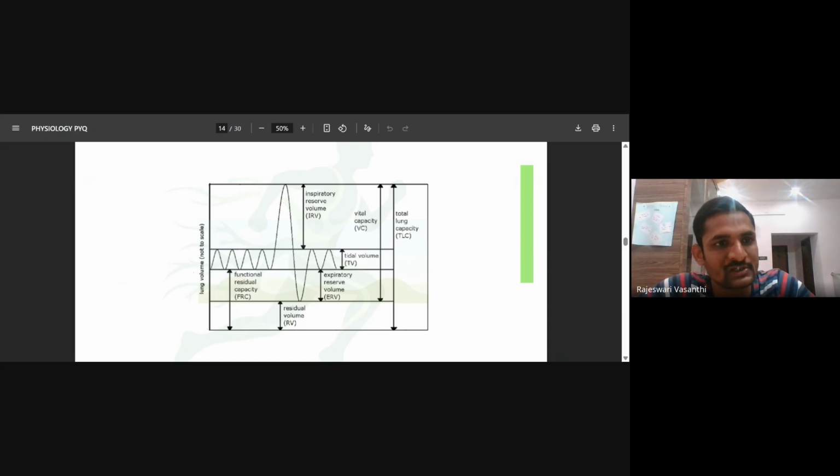So if you want to measure any volume or capacity using a spirometer, the air has to be either blown in or blown out through the spirometer. So this residual volume cannot come out. By any means you cannot remove this residual volume. So it cannot be measured by the spirometer. If you don't know the residual volume, you cannot measure the functional residual capacity. If you don't know the functional residual capacity, you cannot measure the total lung capacity. So these are the three parameters which cannot be measured by a normal spirometer: residual volume, functional residual capacity, and total lung capacity. These three things can be measured using special techniques.